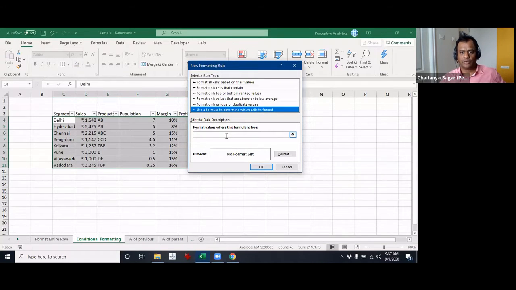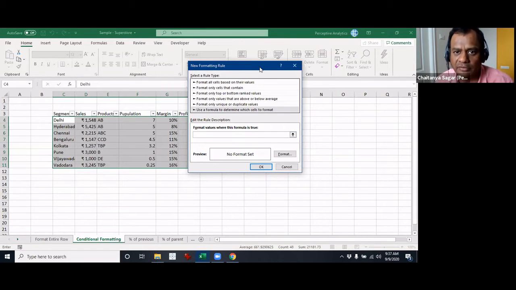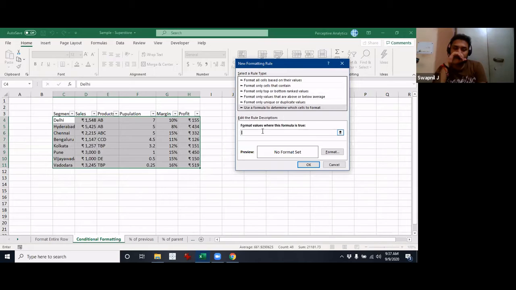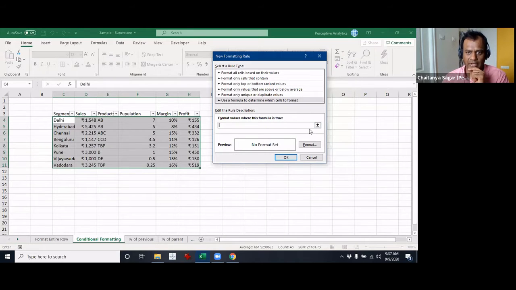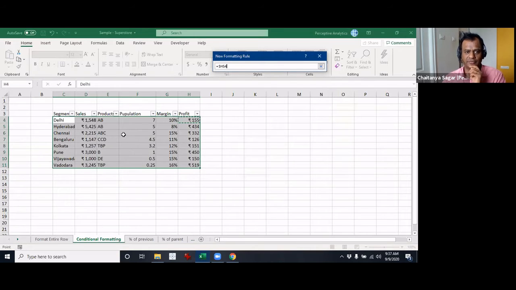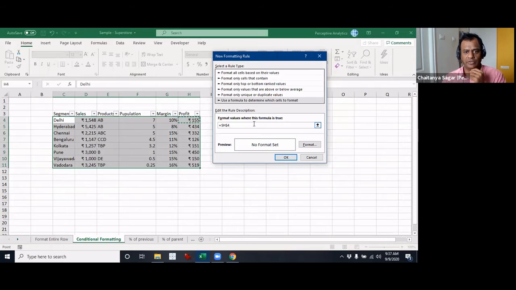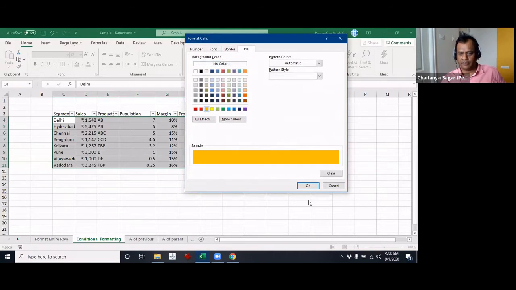The way we do it is something like this. We have to say if a cell, by the way, when you are in this, you can either directly click on a specific cell and it will get that, or you can also use this to select a range or anything like that. I think we discussed this some time ago. So this is greater than 200. Let's set the format. This is the format I want.